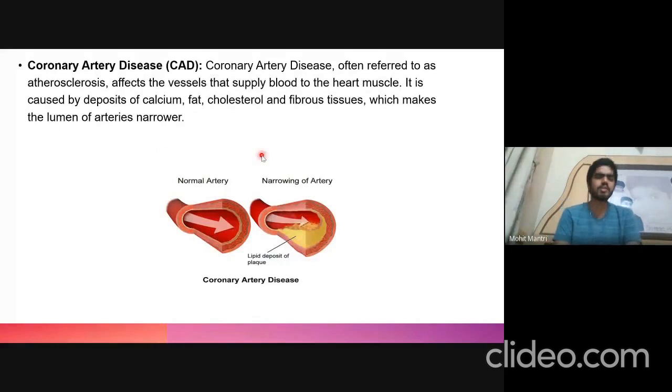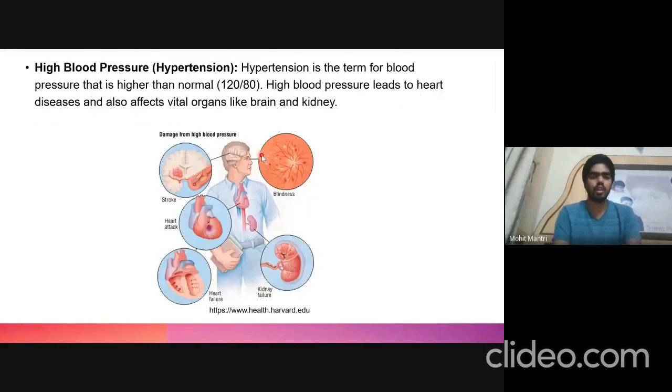So then comes the coronary artery disease. What happens in this hypertension is the pressure of the aorta is more than 80. As I said, the blood will only flow from ventricle to the aorta once the pressure inside the ventricle increases more than the aortic pressure. So if the pressure inside the aorta is already higher, that is 90 to 100 mmHg, then more increase in the pressure of the ventricle will be required to open the semilunar valve and the ejection of blood from ventricle to aorta. So the systolic pressure will also tend to increase up to 140 or 150.